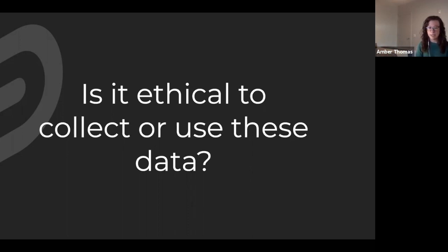Sometimes people are excited that they can just get data and they don't really think about the repercussions of that. We had a project that somebody on our team had been working on a number of years ago using an open data set from the state of Florida that included prisoners' mugshots. And said colleague was planning to include those photos in a story. And we took a step back and thought about